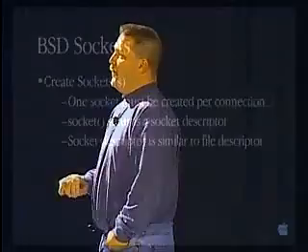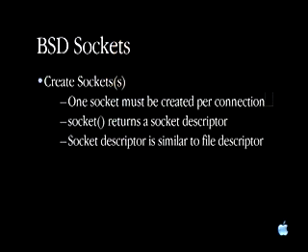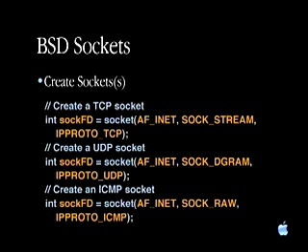The socket function returns a socket descriptor, as I mentioned earlier. The socket descriptor is just a file descriptor. If you really look at it, it's just an int. So very simple data type. So how are you going to create sockets? This code here, you can use directly, and you'll create sockets of various